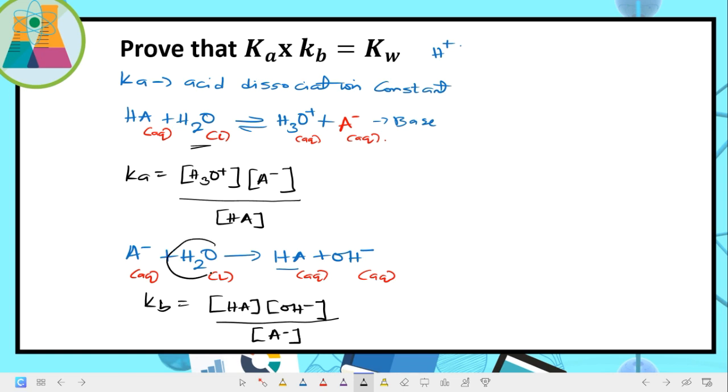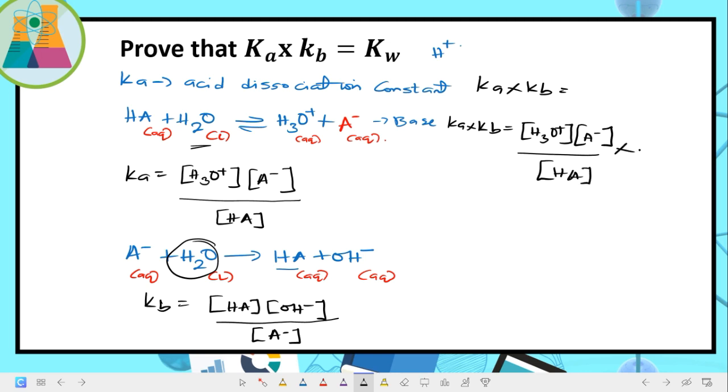Now another one again is H2O did not surface because it is a pure liquid. So our Ka times Kb is equal to, you multiply what you have there. What is our Ka? Ka is H3O plus. Let me write it down here. Ka times Kb will be equal to, what is our Ka? Ka is H3O plus bracket A minus divided by